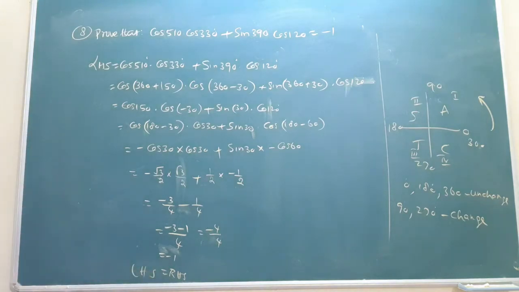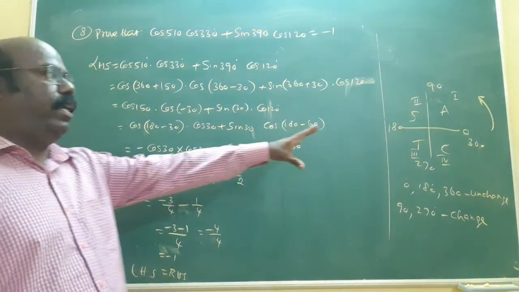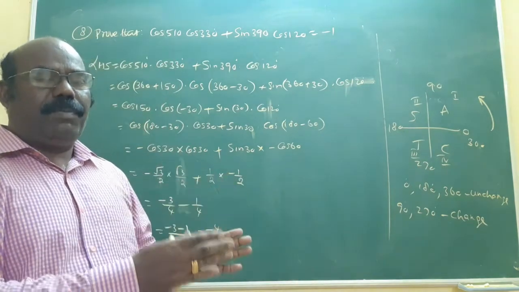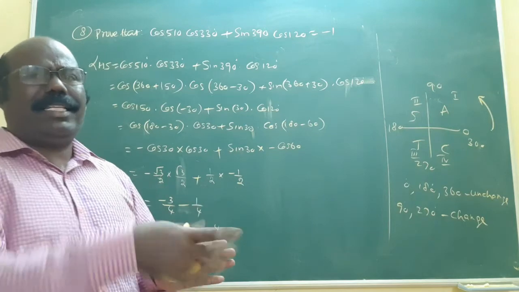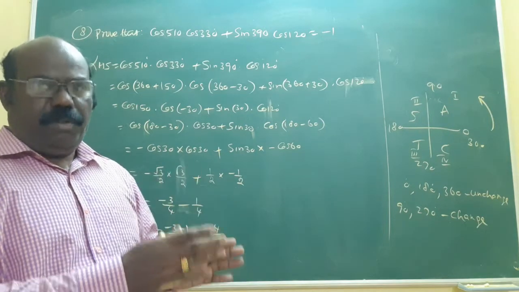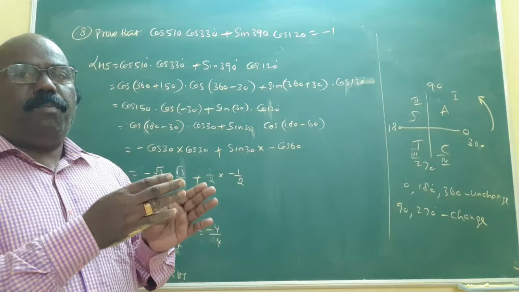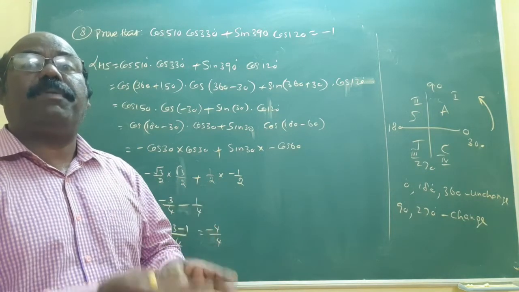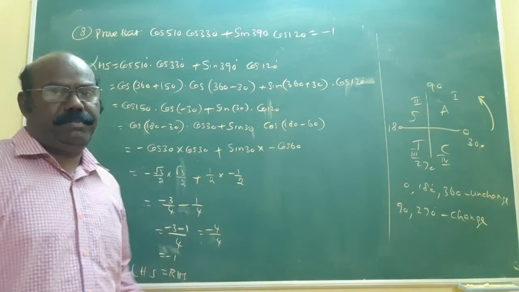Definitely RHS is coming by using this idea only. When more than 360 comes in, you want multiple 360 plus something or minus something. That's not a matter. More than 360 involved means multiple 360 plus something or minus something, and the multiple 360 becomes 0. You will find the remaining step. That's all.